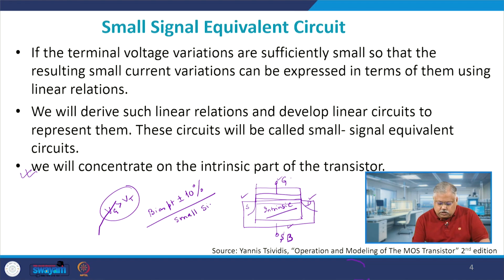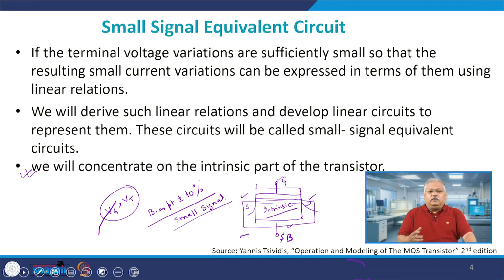This is a much more quantitative definition, but if you want a qualitative definition, the first definition works fine: if the terminal voltage variations are sufficiently small, so that the resulting current variations which you are seeing, del ID, can be expressed in terms of the change in the terminal voltage in a linear expression, then we define that to be a small signal equivalent circuit, which primarily means that